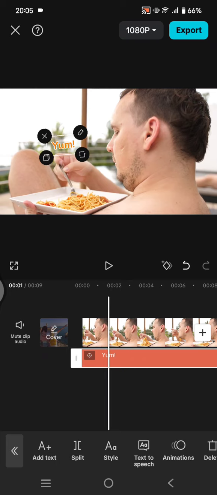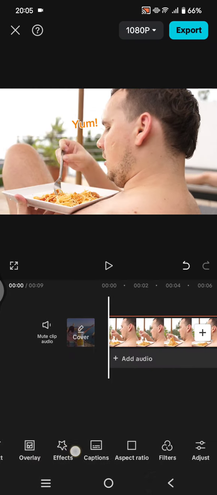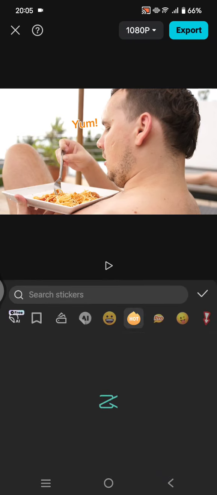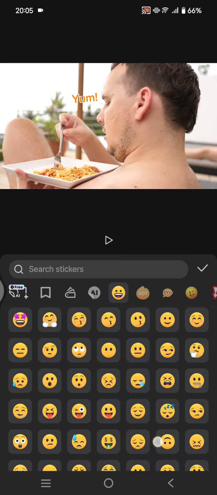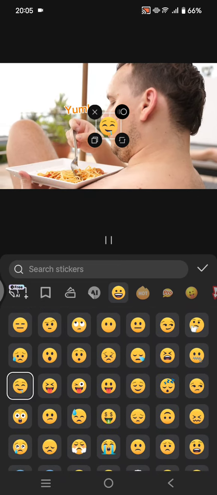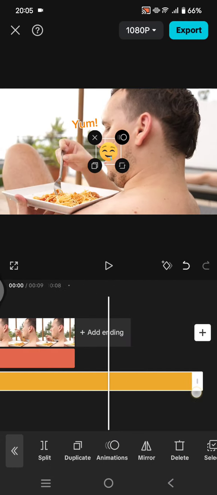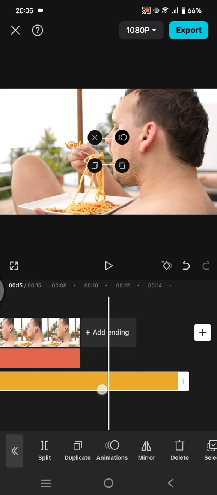So let's try for a sticker. So I'm going to go to stickers first, and then here I'm going to find one. For example, okay, the stickers right here. Click on a check icon. Also, don't forget to adjust the length. And now I'm going to put it